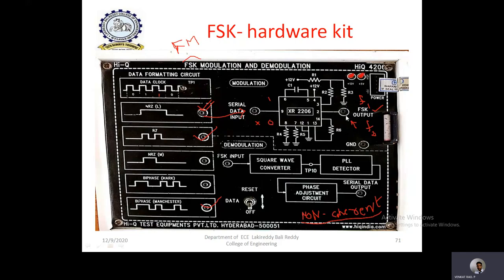The demodulation process is to connect the modulator output to the demodulator here. In the demodulation process, we are using a PLL based circuit. By using a square wave generator, a PLL detector and a phase adjustment circuit, it is possible to convert this frequency shifted waveform into the original binary output, that is ones and zeros as electrical pulses. This is a detection process because we are not using any coherent carrier in this. That's why FSK demodulators are generally preferred for non-coherent detection.